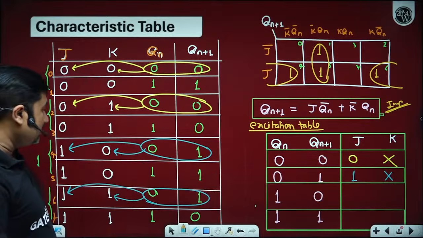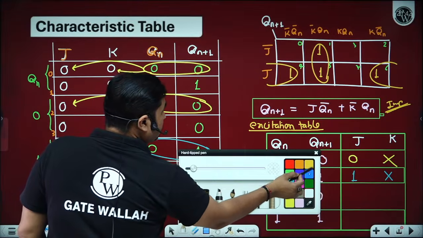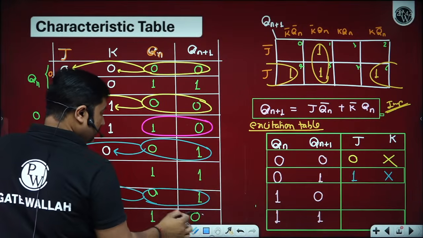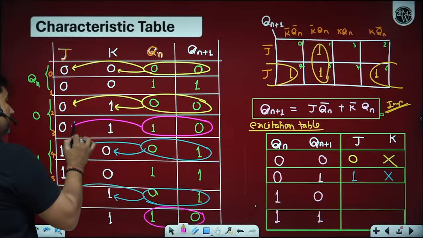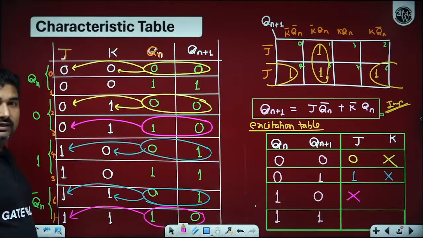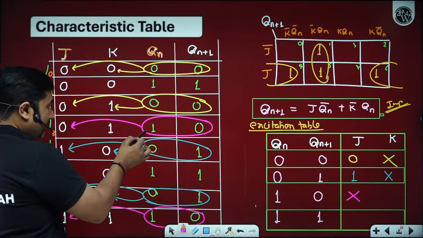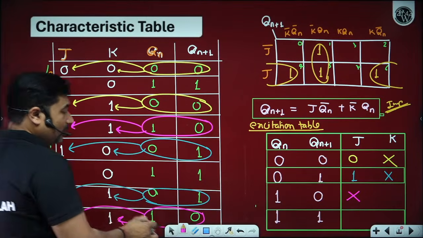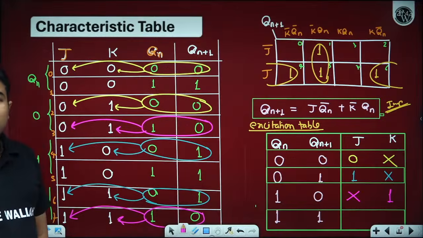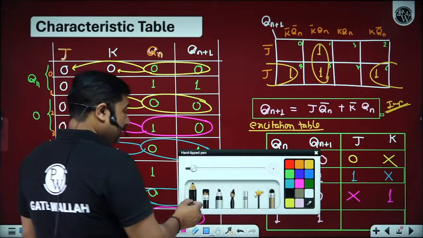Now let's talk about 1, 0. If you observe 1, 0, then for 1, 0, J may be 0, may be 1, but K must be 1. J may be 0, may be 1, but K must be 1. Now come to the last, 1, 1. If you observe 1, 1,